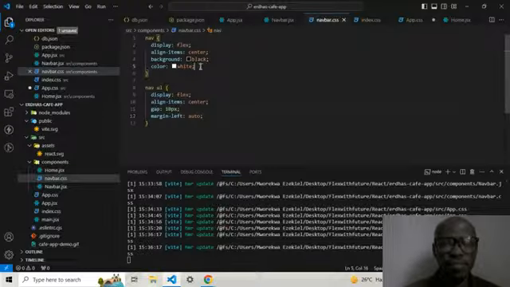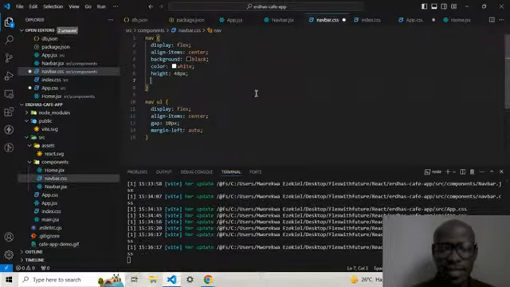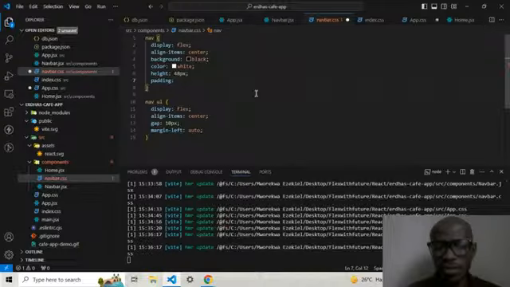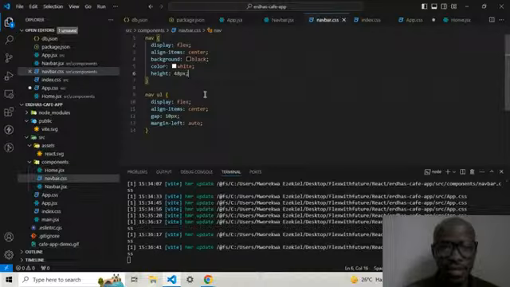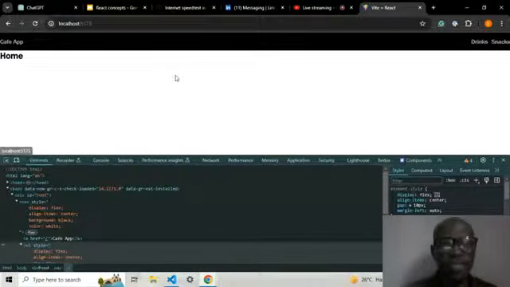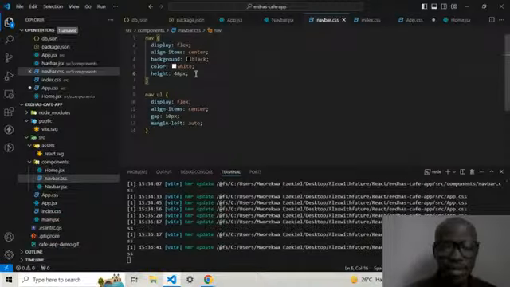I want to give this a height so that it's not as small, so I'll give it 48px. I also want to give it a padding so the items are off the margins. Okay, I've given it a height, it will push it off. Yeah, it pushes it off, but I need a padding left and right, so I'll give it a padding of